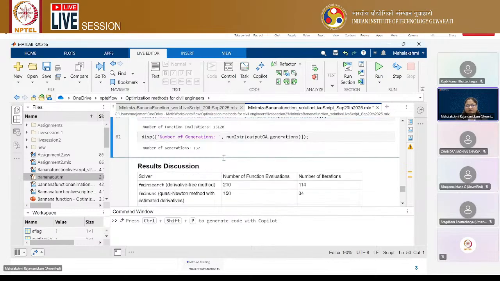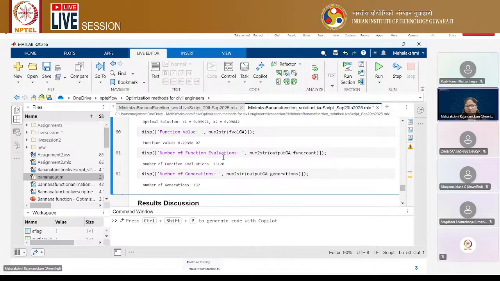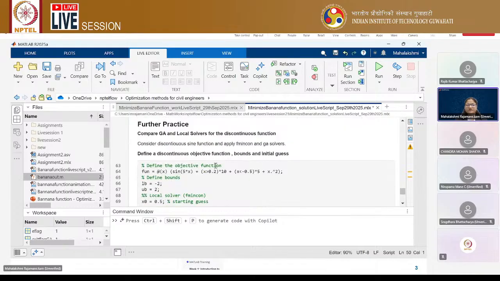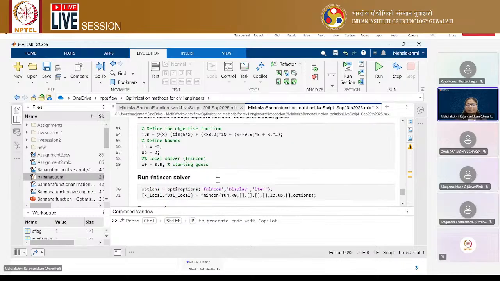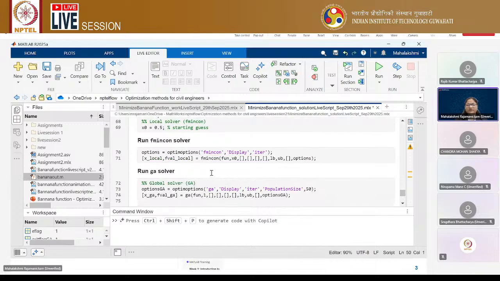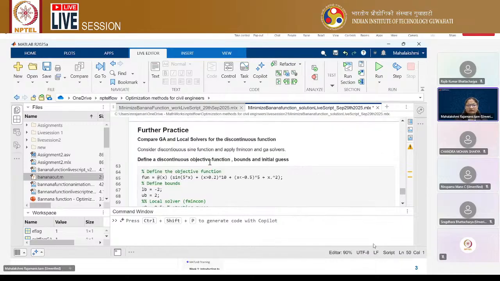Now you might have a question: why is GA not suitable here, and for which function will it be suitable? For that, take a function that has jumpy behavior, or any discontinuity, or is oscillating. We know the sine function is an oscillating function. For this kind of oscillating function, we can see whether the genetic algorithm really holds good or not. We can compare the genetic algorithm with the very well-known optimization solver fmincon. Now if I run this,